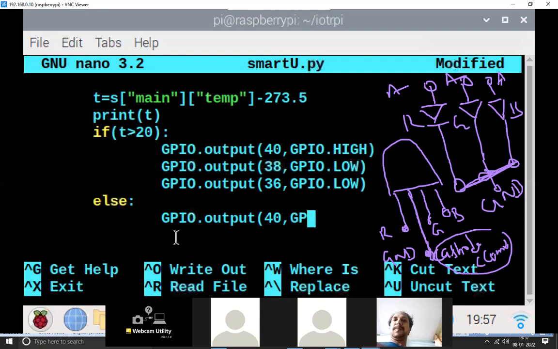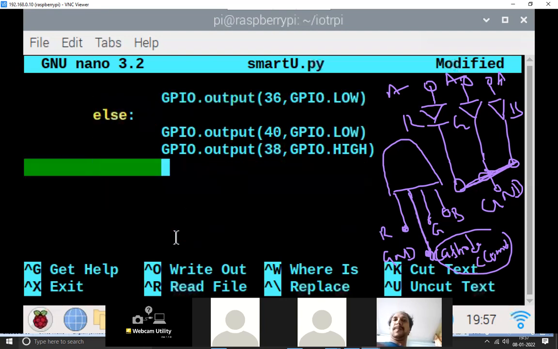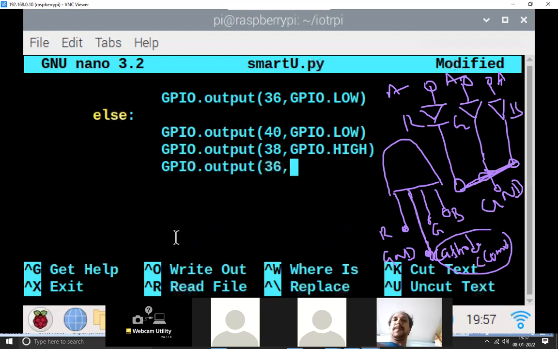Anyone please tell me, just say loudly. 38, right? 38 is actually connected to green. GPIO.HIGH. And then finally you have to give GPIO.output 36, comma GPIO.LOW.